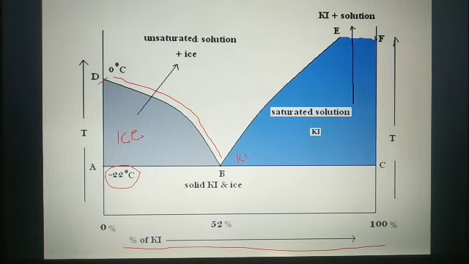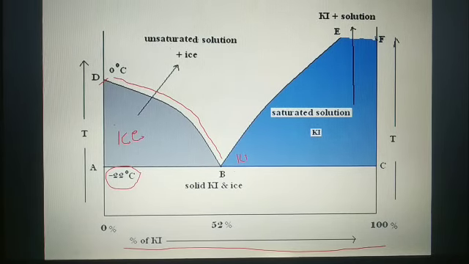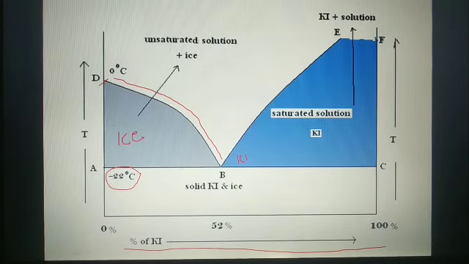So successive addition of the potassium iodide causes separation of the potassium iodide from the saturated solution of potassium iodide in water. Before point B, the whole solution would be unsaturated. But as we are increasing the potassium iodide concentration after B, we are having here separation of potassium iodide. It means B is the saturation point. At this point the solution of potassium iodide in water has reached saturation.